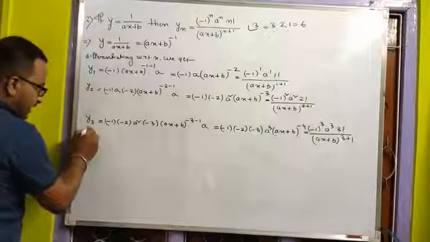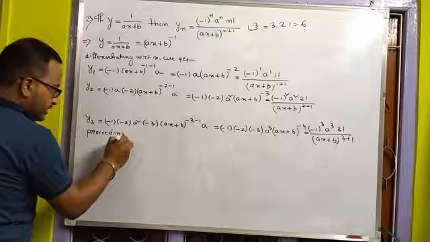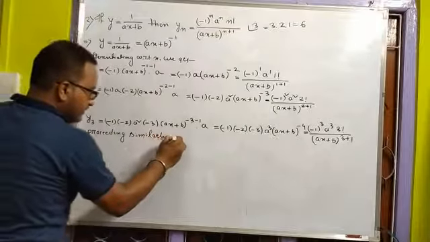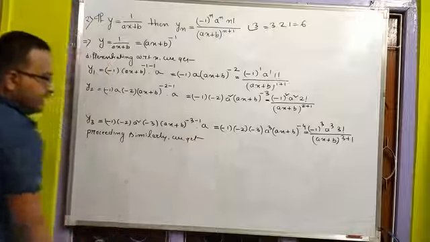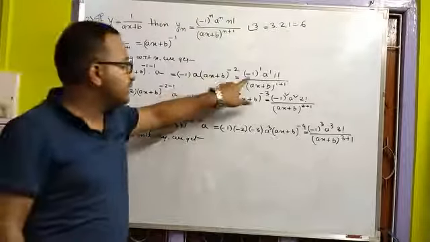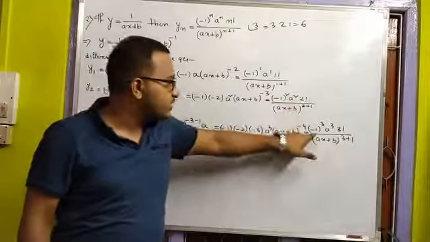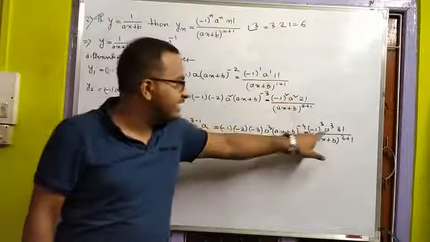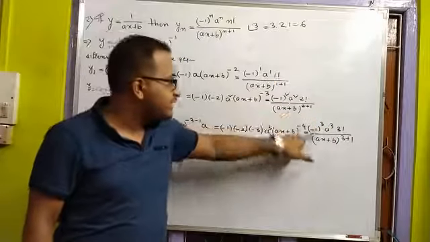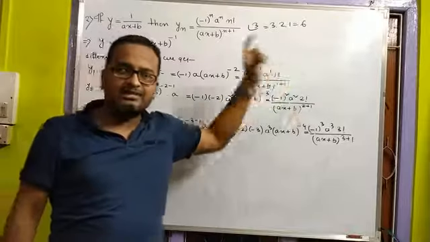Now continuing similarly, that means proceeding similarly, we get what we get. You see, when it is 1, then it is minus. All the structures are the same. Minus 1 is there, A is there, factorial is there, and ax plus b is there in each one. That means the structures of each derivative are the same.